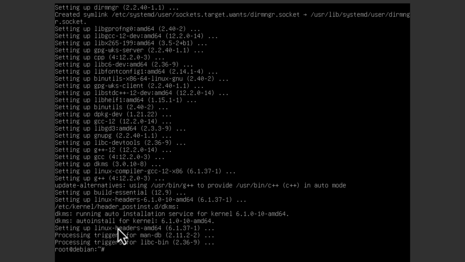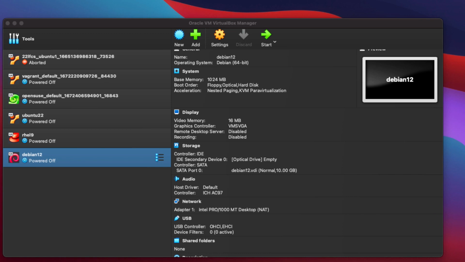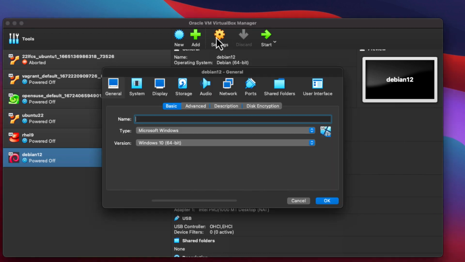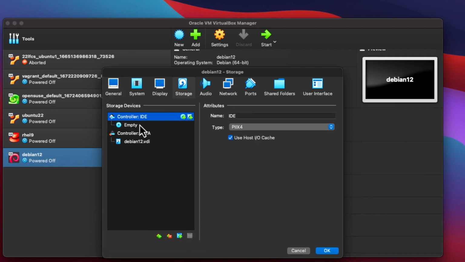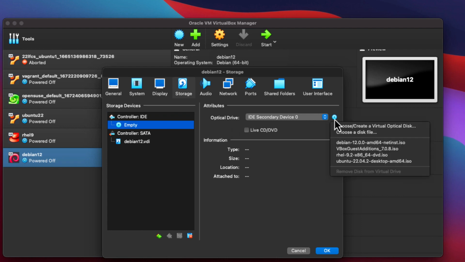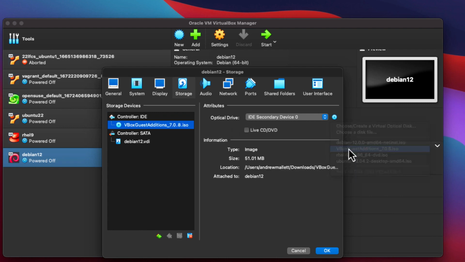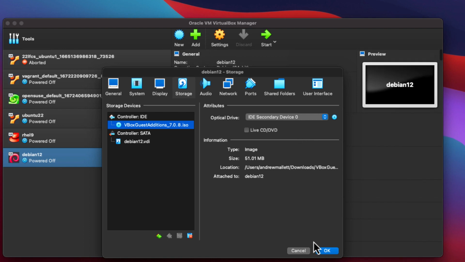We have to install our VirtualBox guest editions, but again, for this, it may be a good idea to make sure that the system is rebooted. So I'm just going to do a power off. I'm doing a power off rather than a reboot because I want to be able to connect the guest editions ISO file. So make sure you've got that downloaded. I've already downloaded it. We can go into our settings and then storage, and then connect to our DVD the VBox guest editions, and then just choose OK.